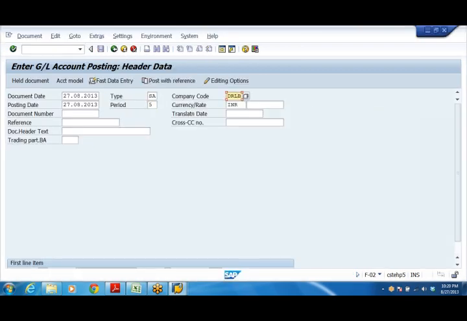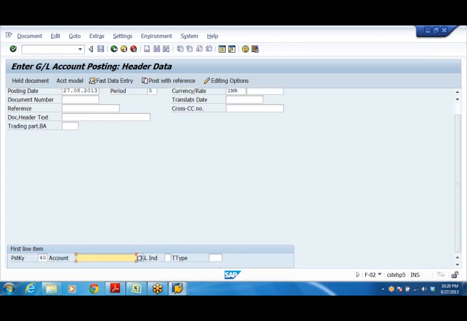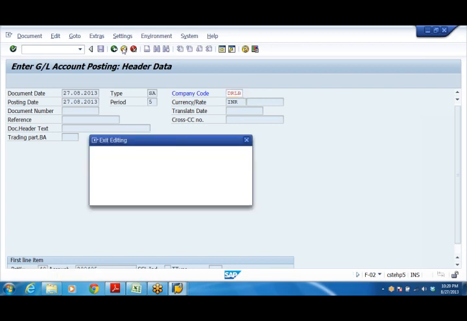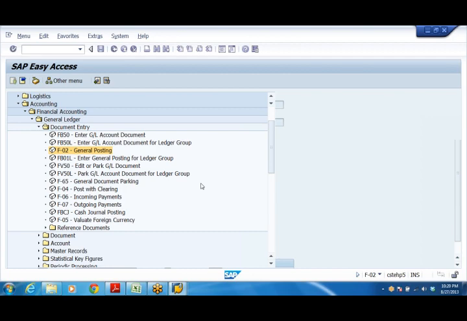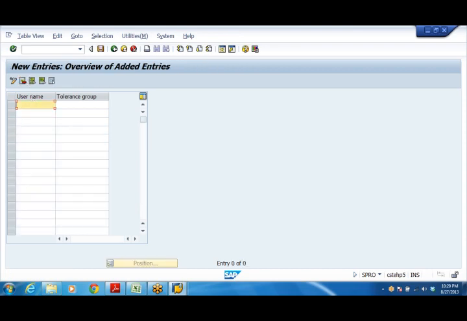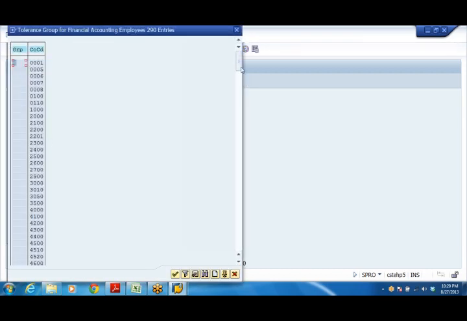Now I'm posting an accounting entry in DRLB. Bank account debit to equity share capital account. Bank account is 204.05. Tolerance. Here, what I need to do is go to new entries. Username same, Anand. Tolerance group.